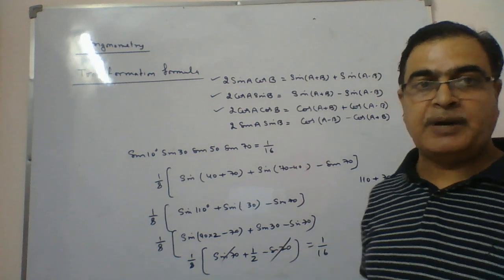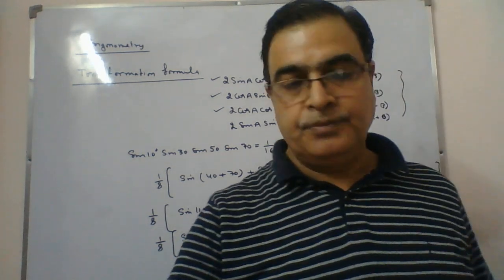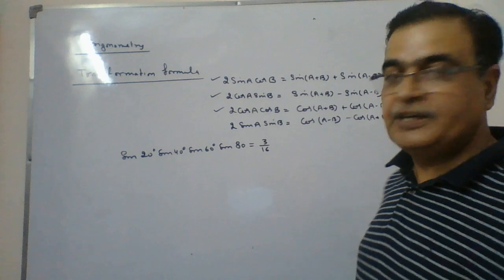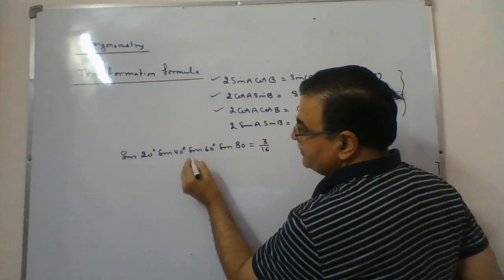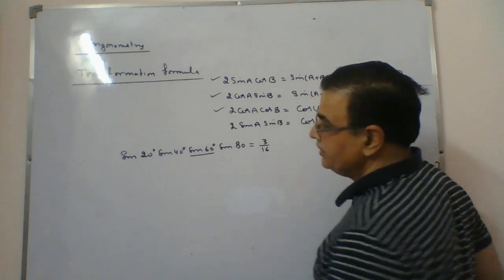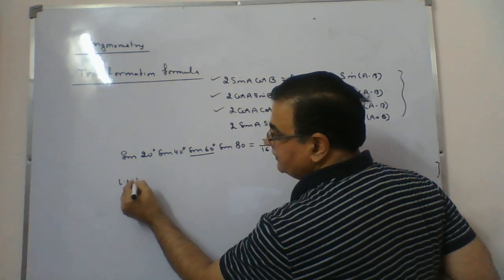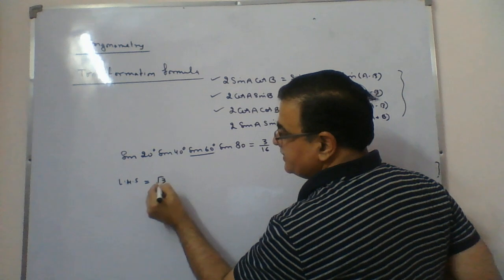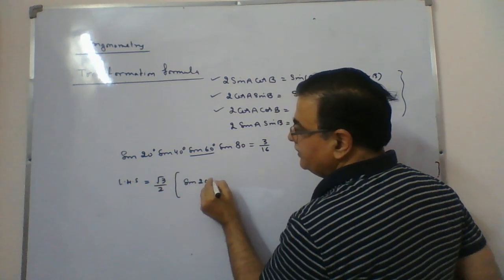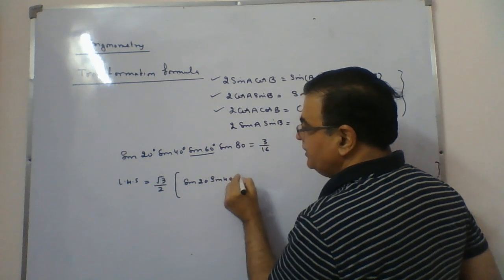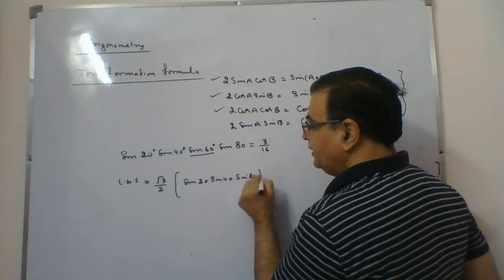Now coming to the next part, one more question I'll do this way. Just check. Yes, this is the third question we have. Again, the value known to us is sine 60. So we start with the left hand side. Sine 60 is root 3 by 2. Left is sine 20, sine of 40, sine of 80.